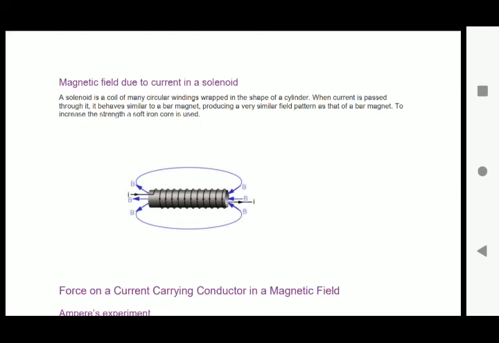Third one, the nature of core materials used in making the solenoid. I told you solenoid means a copper wire wound over any material. So if you use a soft iron as the core in solenoid, it produces the strongest magnetism. The strength of the magnetic field depends upon the nature of the core material.